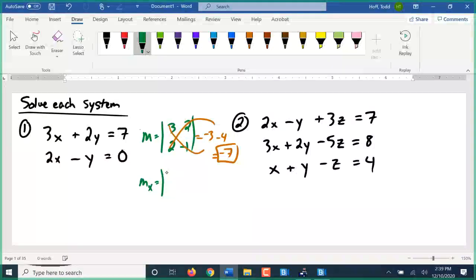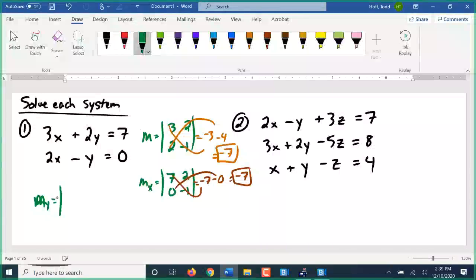For the X matrix, we have 7, 0, 2, negative 1. So that determinant will be negative 7 minus 0, or negative 7. And for the Y matrix, 7, 0, 2, negative 1, giving us negative 7